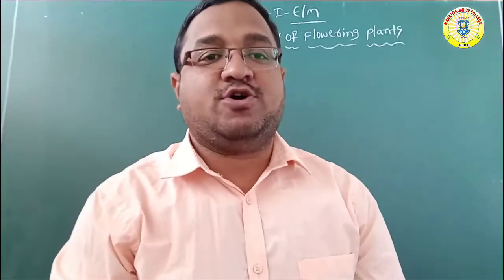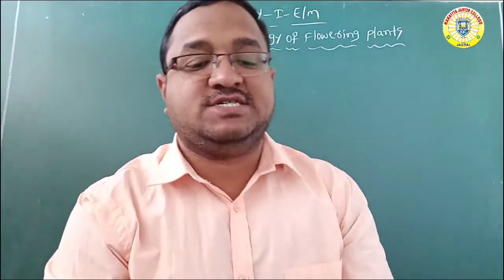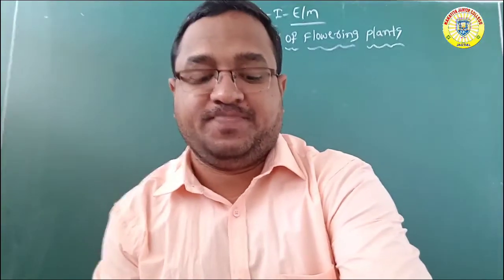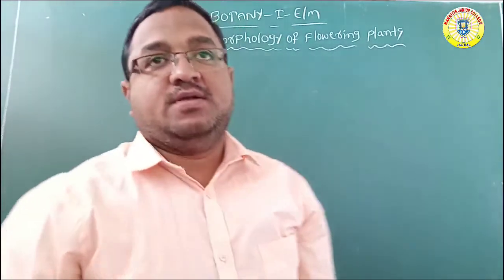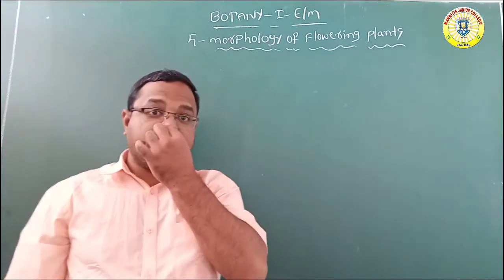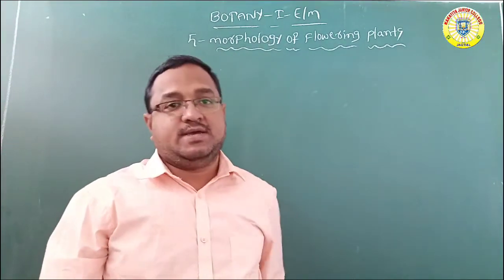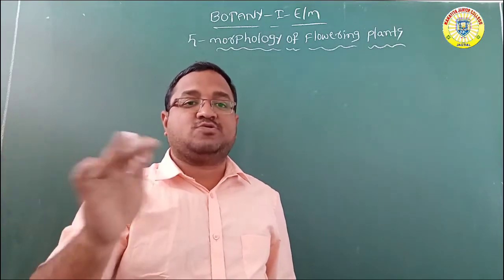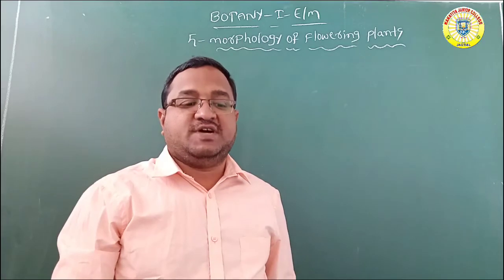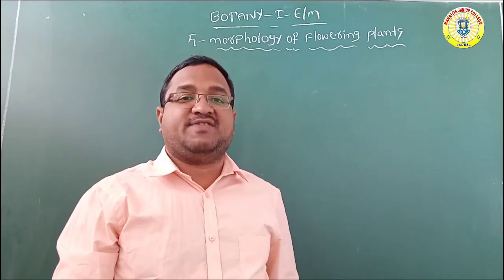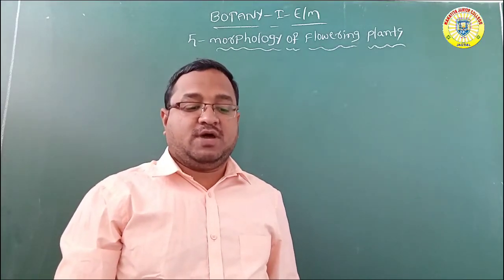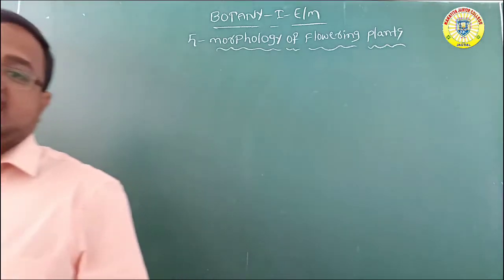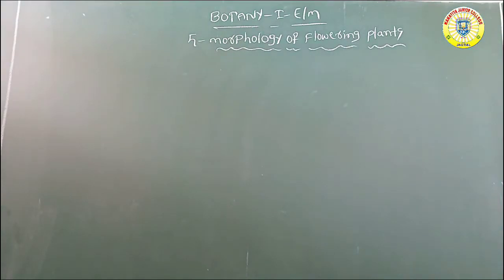parts of a plant: androecium, gynoecium, calyx, corolla. About these parts we discussed. And especially, based on the position of the ovary, with respect to the position of the ovary, how the calyx, corolla, androecium are arranged. Based on that, flowers are mainly three types: hypogynous, perigynous and epigynous. So these topics we completed yesterday.